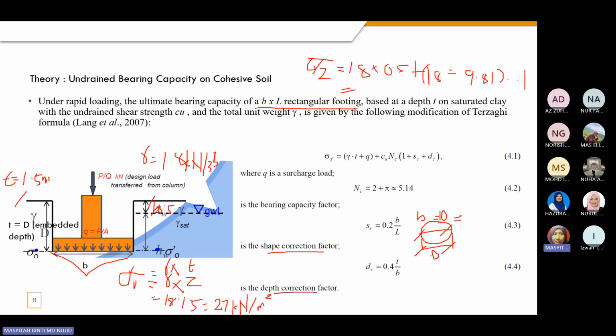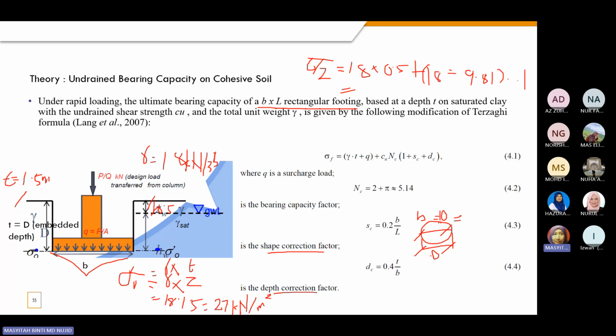Sekali lagi dia ada inclination factor, loading. Sekarang ni kita assume loading kita vertically tau. Tapi kalau you ada some intention nak tahu lebih kan, tiba-tiba tercarilah shape factor untuk Hansen ke Meyerhoff, you akan nampak lah, maknanya setiap researcher ni dia try to produce their own punya formula. So Hansen mungkin produce shape factor lain, Meyerhoff mungkin produce shape factor lain,